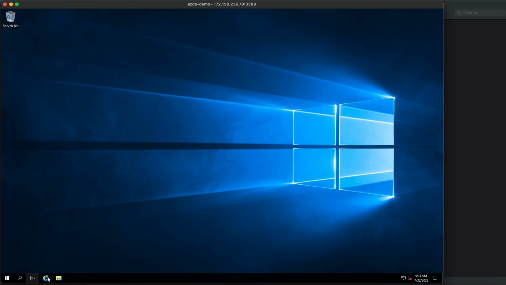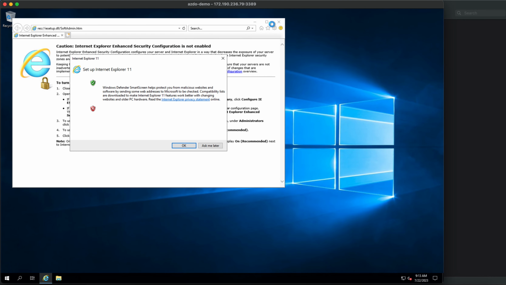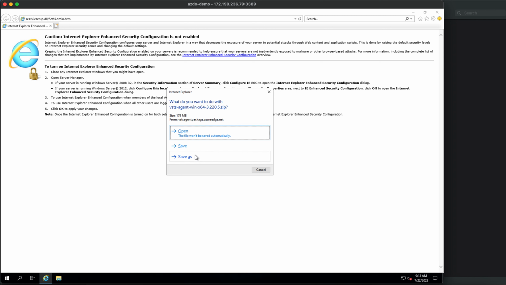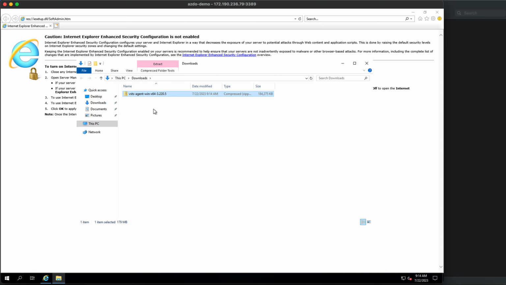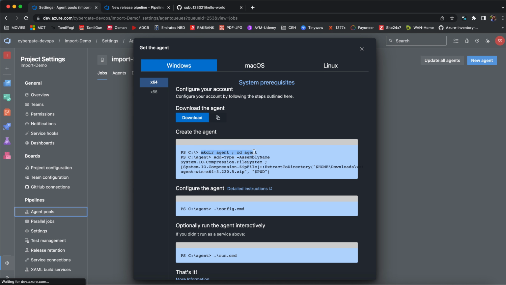and then I am clicking on Internet Explorer because it's a brand new virtual machine, it does not have Chrome, and I'm pasting that particular zip file URL to download it. So I'm just clicking on save, and if you see here, the agent is getting downloaded. Okay, done. So the agent got downloaded to my downloads directory. What is the next step? The next step is I need to open PowerShell as an administrator, and then I need to run the following commands. Okay, so I'm going back to my